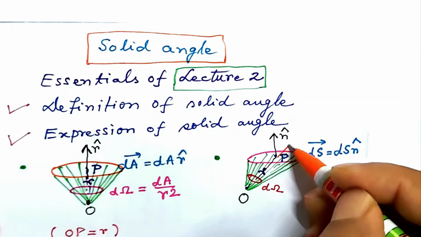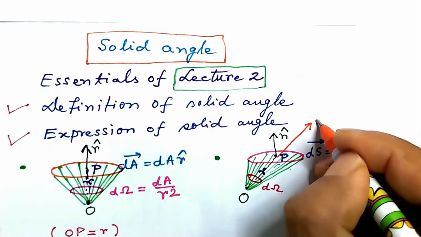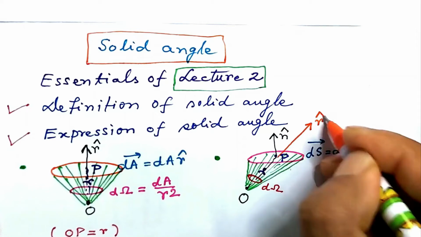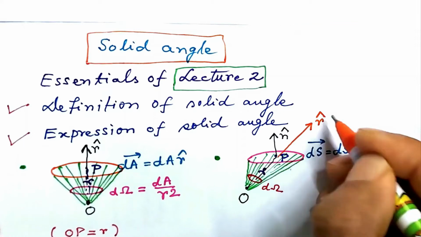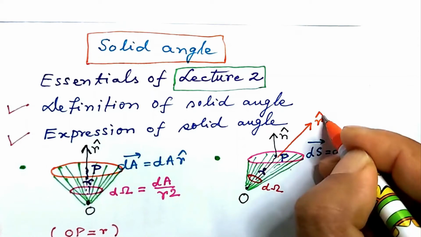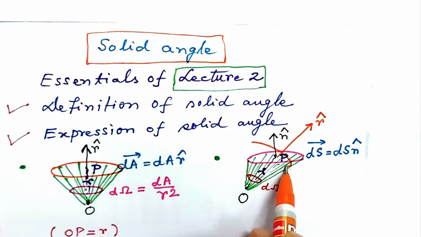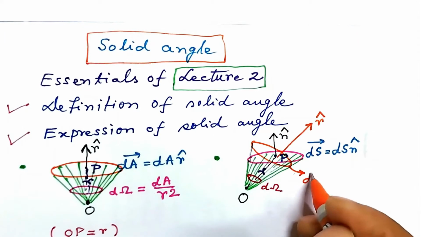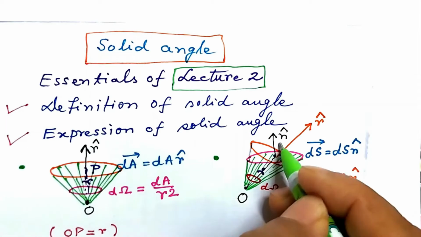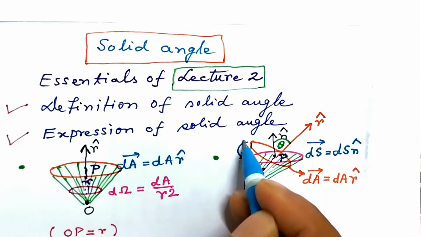Now let us show the radial unit vector obtained by joining OP and extending it, and this is it. And this is r cap. This is r hat, the radial unit vector, obviously not normal to the surface element, that is not along n hat but inclined to it. We now construct or imagine a surface element normal to r hat, the radial unit vector, drawn at P. Call this imagined surface element vector dA equal to dA into r hat, as r hat is normal to it. The angle between n hat and r hat is theta, which is also the angle between the two surface elements